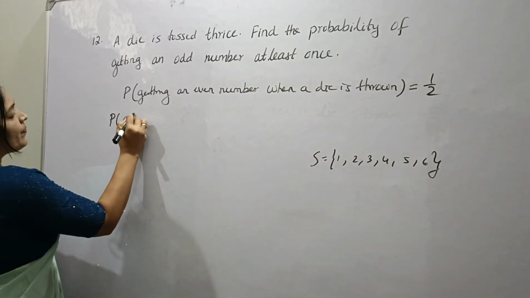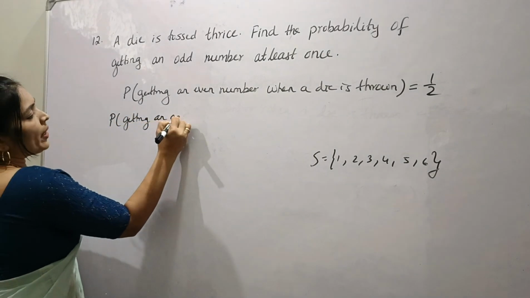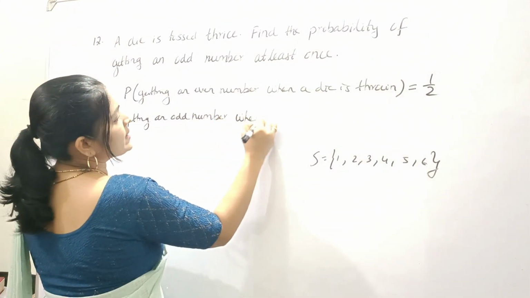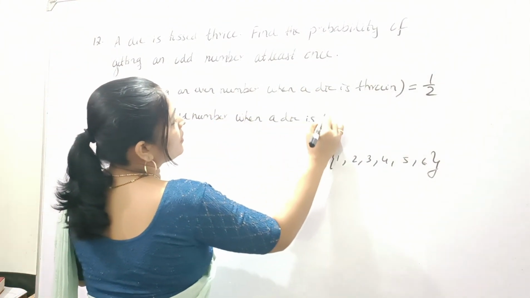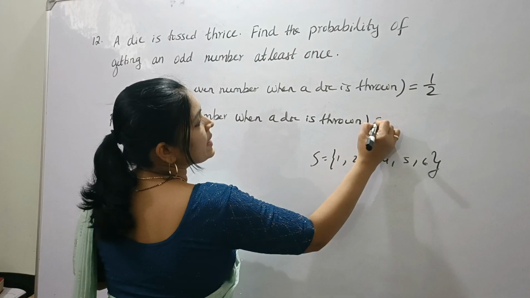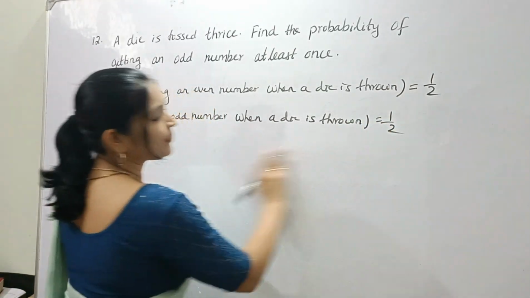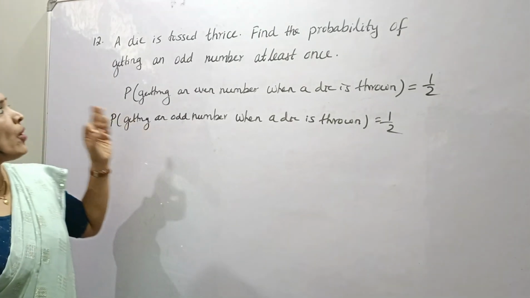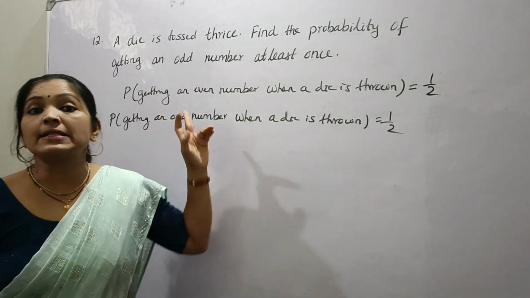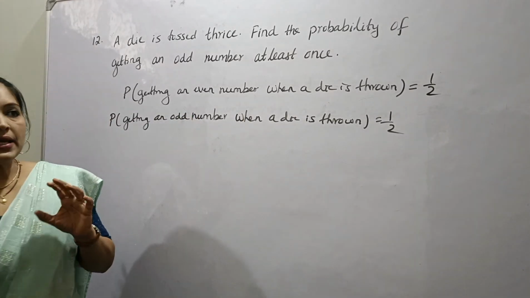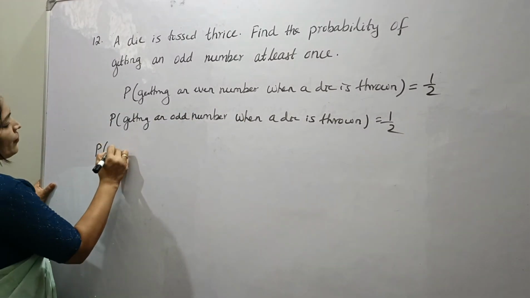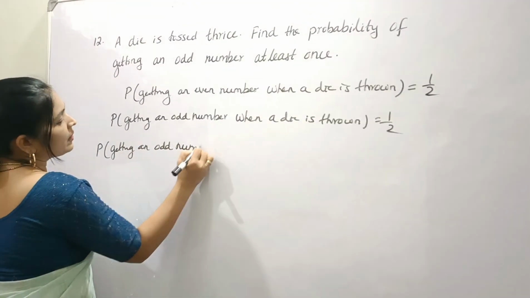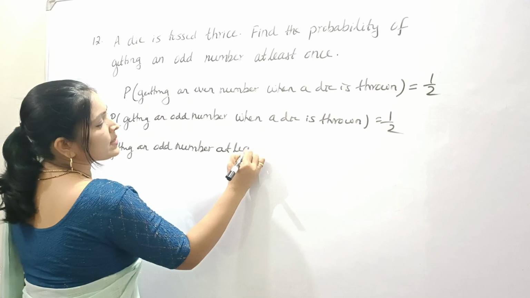So probability of getting an odd number when a die is thrown is equal to 1 by 2. Right? Now, what we have to find? We have to find the probability of getting an odd number at least once. See here, probability of getting an odd number at least once